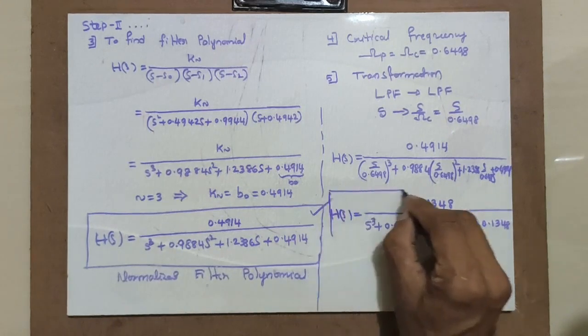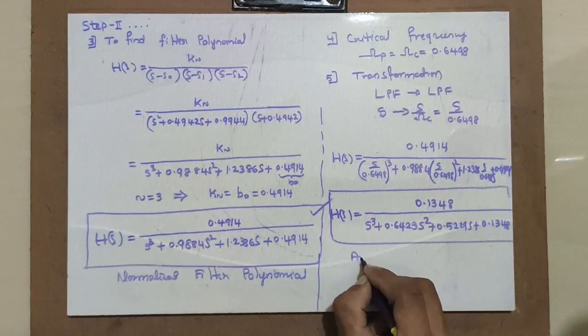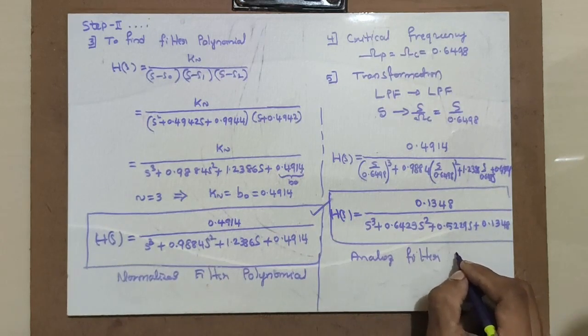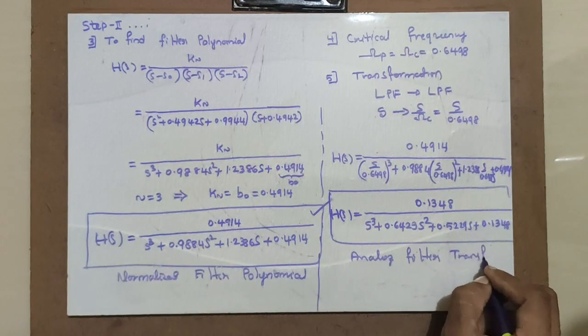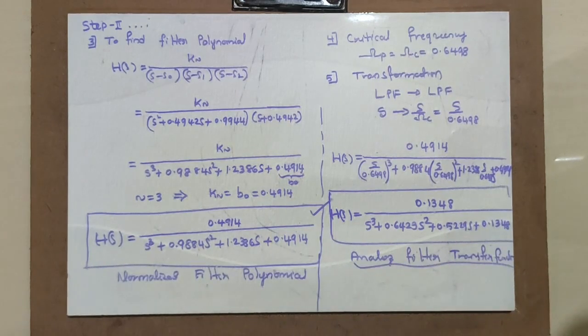See, this is the end of the analog filter design. The analog filter transfer function I got. At the end of step 5, that is in main step 2, this is the fifth sub-step where I found out H of s, which is the analog filter transformation. Let us go ahead to step 3, where this analog filter design you will transform into digital filter design. Let us do that.